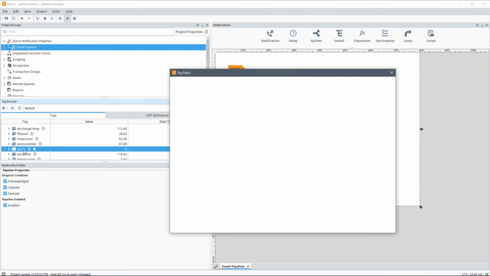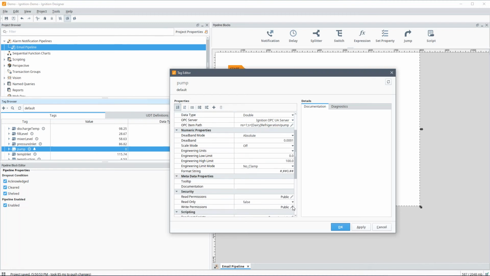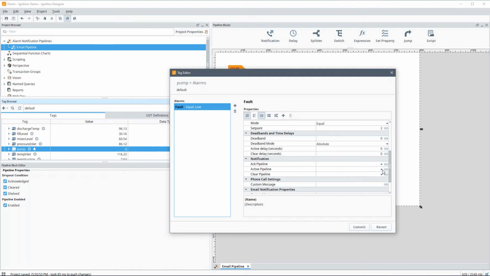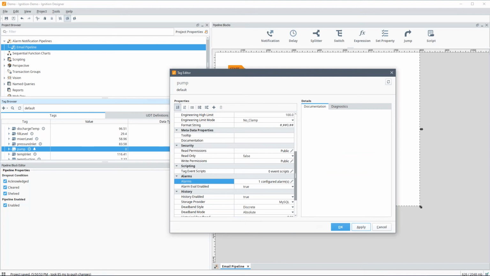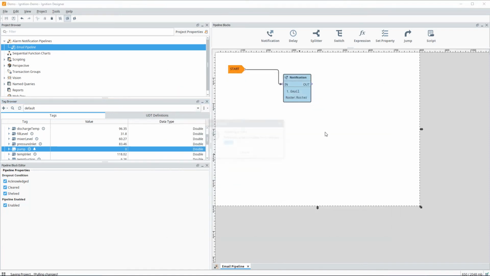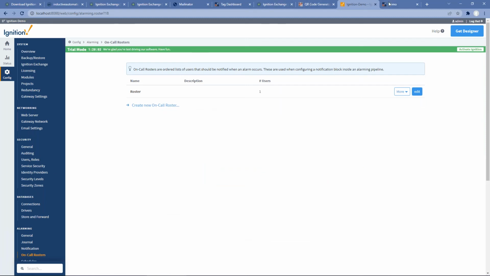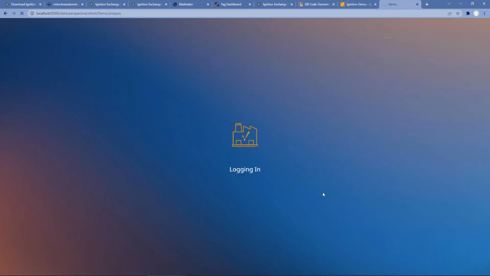Then on a particular tag, like my pump tag, let's say my pump alarm that I have, I'm going to tell that alarm, you know what? I want you to go into the email pipeline when it becomes active and notify that out. So let's do that. Let's send it. And that's it. So now if I come over to my application, let me log back into this one,